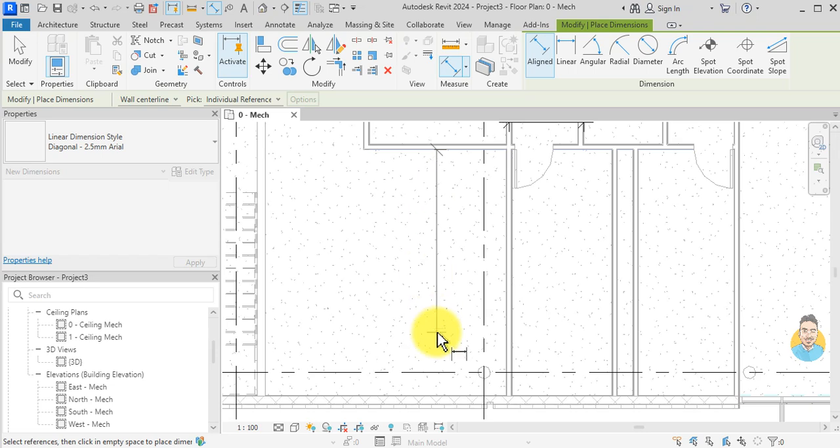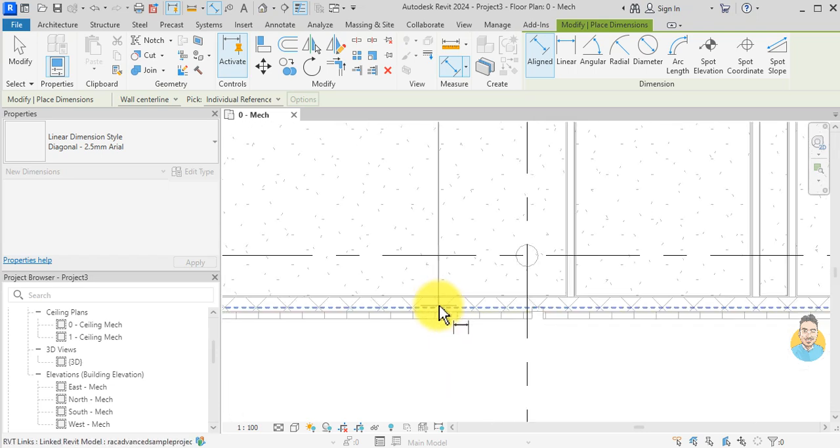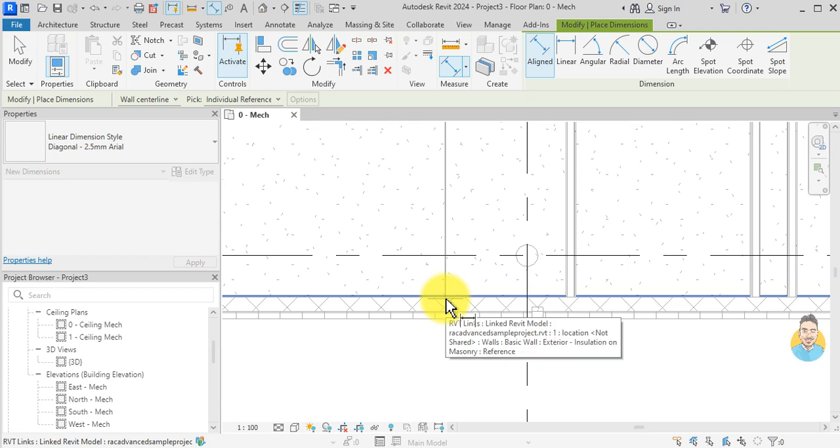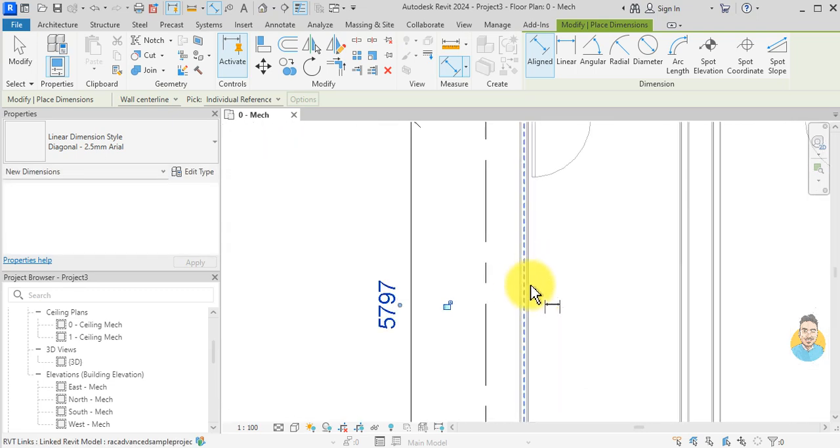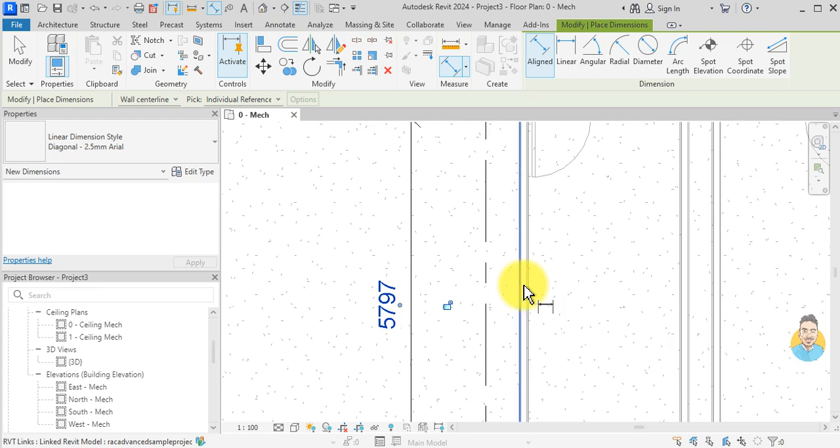I click here, go to the other wall, click tab again if I don't want my dimension to be from the center line. I stay here. I hit tab. Now I have my dimension and I can use it also. I hit tab, tab again,